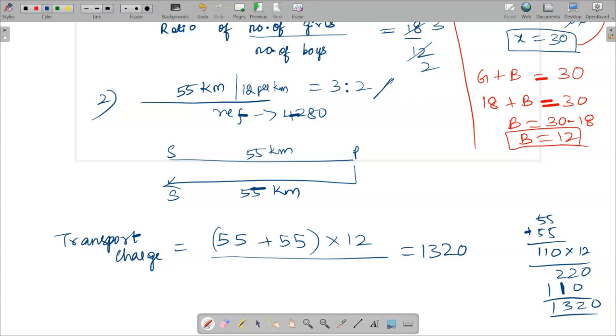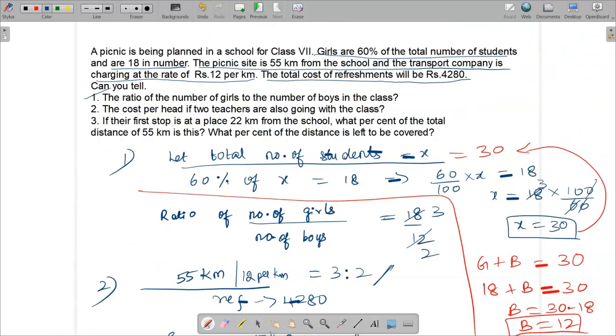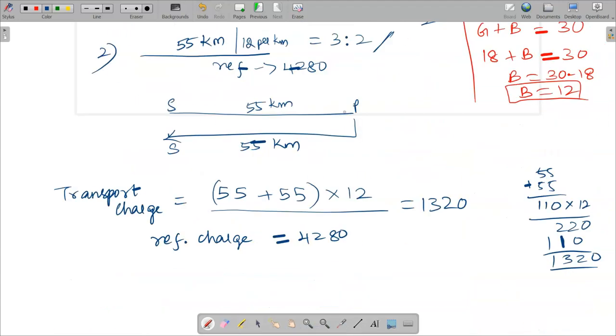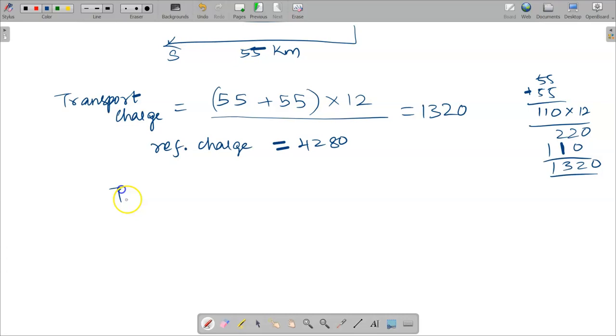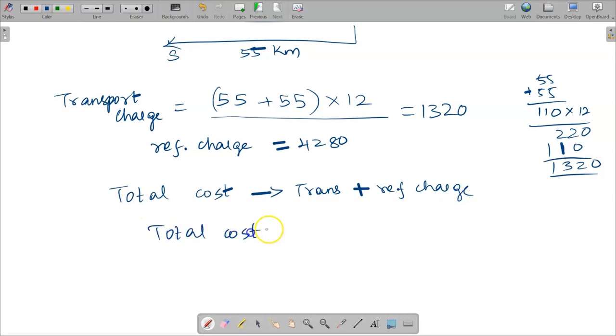So this is the transport charge. And then the refreshment charge is 4,280. Okay, so what is the question? The cost per head if two teachers are also going along with the class. Okay, so the total cost is transport plus refreshment charge. So the total cost is given by the addition of both the values,